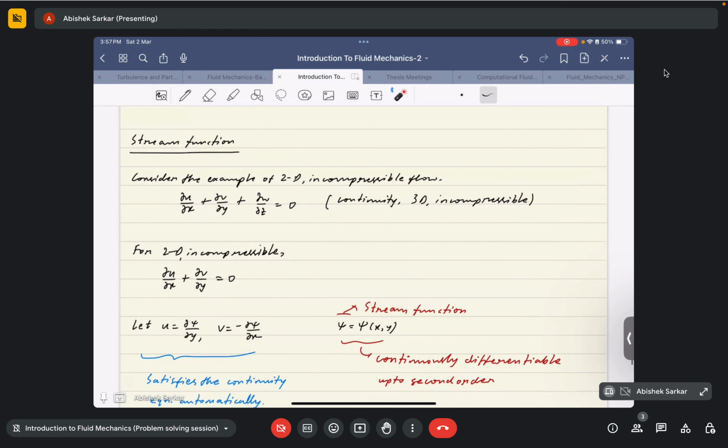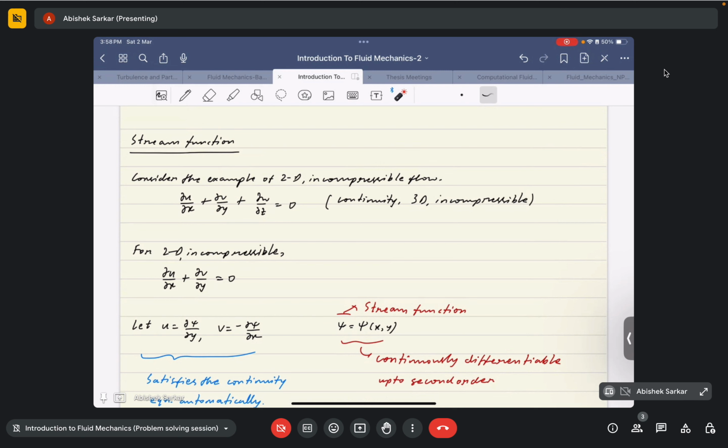So now we will be dealing with a very important, very crucial concept in fluid mechanics, and that is specifically the stream function. You can essentially consider it a tool that is used to simplify 2D incompressible flows. Why? Stream function by its very definition is only defined for 2D incompressible flows or axisymmetric incompressible flows. Axisymmetry itself tells us that the